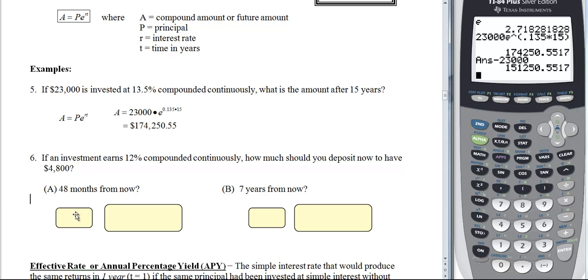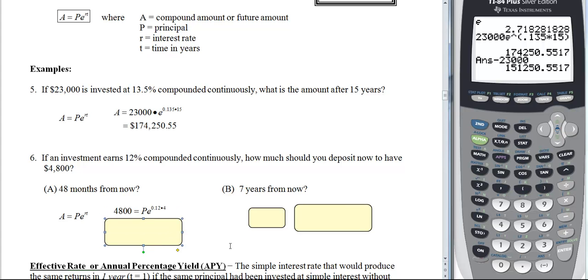They do have continuous, so I've got to use that formula. The 4,800 would go here, interest rate 0.12, and 48 months. Remember, t is time in years, so that would be 4. So let's see what I've got. Okay, now I can do this all at once in my calculator. e raised to that exponent is a number. So if I want to find out P, and since that number is multiplying P, I'm going to divide both sides by that. So 4,800